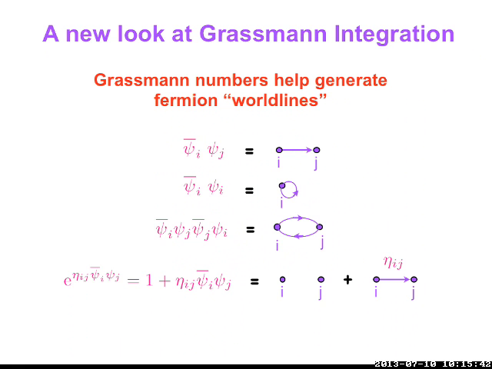Things like an exponential of such a term just end. It's a very simple polynomial, that's all it is. And then 1 means there's nothing there. Again, psi bar i psi j means there is this directed arrow, and then if there is a weight, I have to take that weight on that particular bond connecting it.